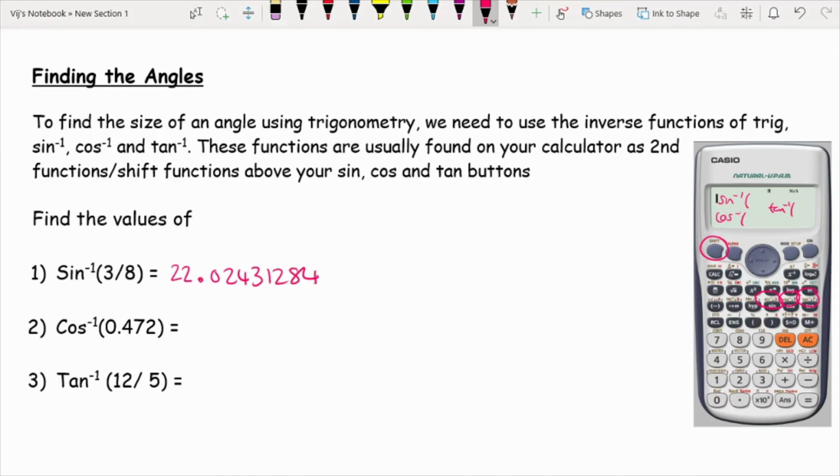Now I'm not too worried about the rounding, but as long as you're getting these numbers, then we are using it correctly. Now for number 2, we need to press second function cos, so you should have a cos minus 1 comes up. Now this time we're entering a decimal number, and again, doesn't make a smidgen of difference. So here we've got cos minus 1, inverse cos of 0.472, which gives us an answer, what should read on your calculator as